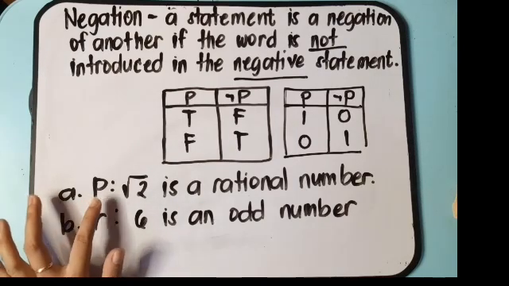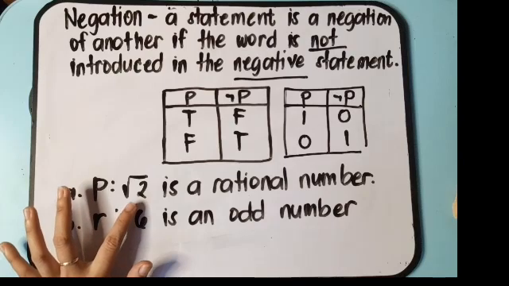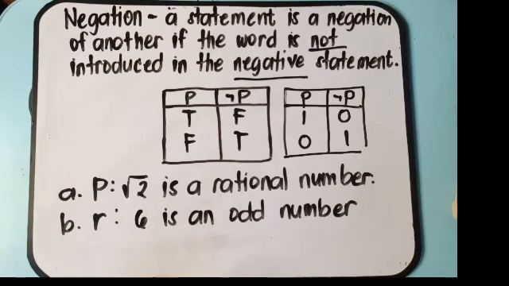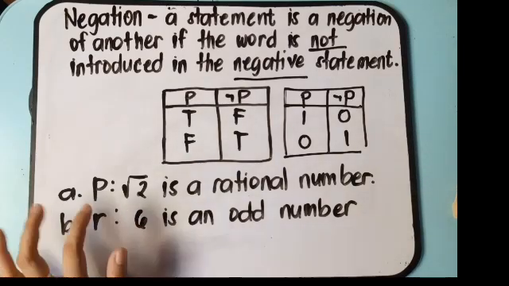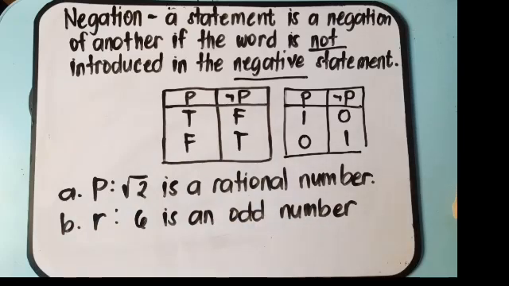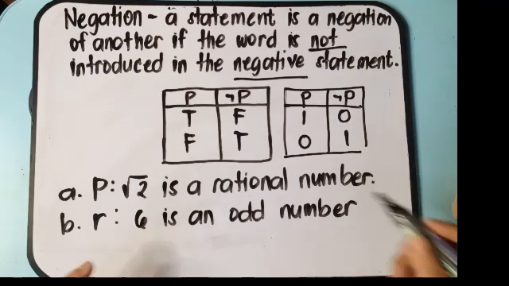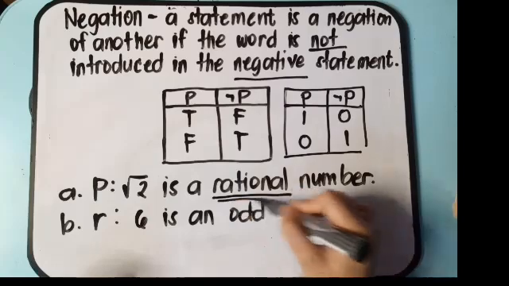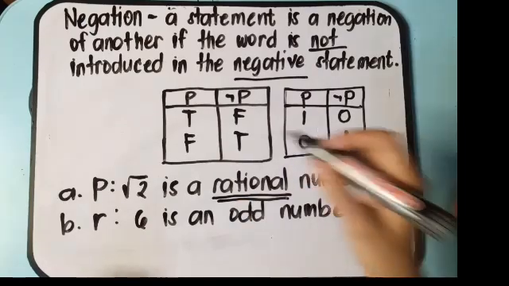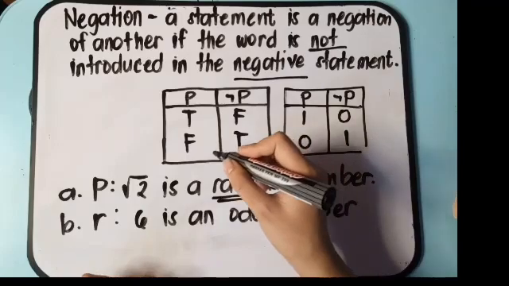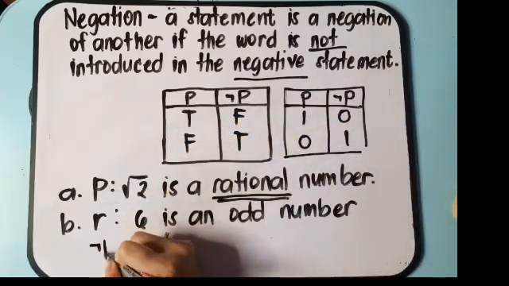So proposition P: square root of 2 is a rational number. So we will make this proposition into a negation. Ine-negate natin siya. So proposition P, square root of 2 is a rational number. When we negate it, magiging ano? What is the counterpart of the rational word? So not P will become